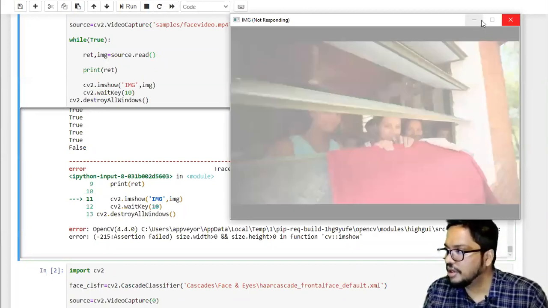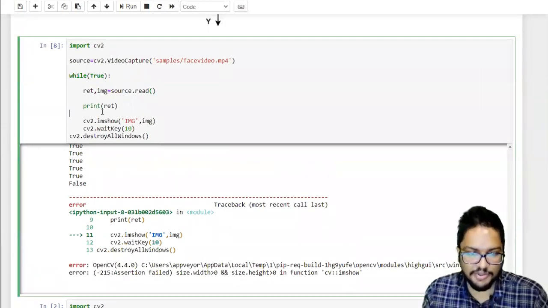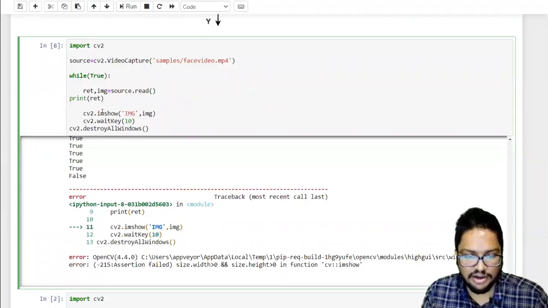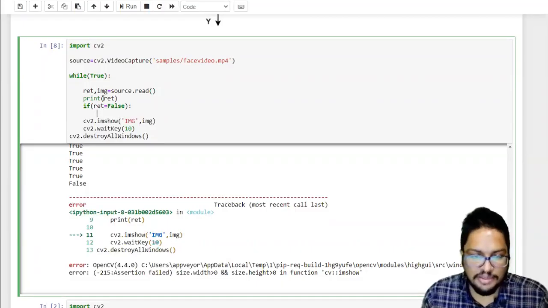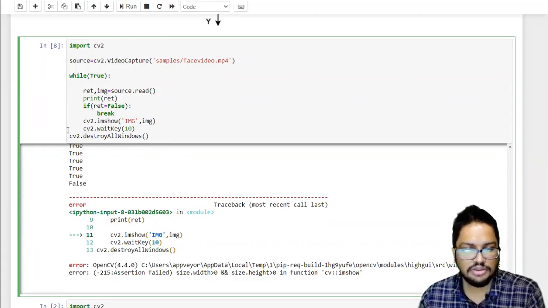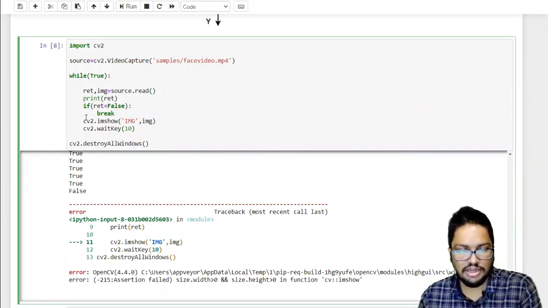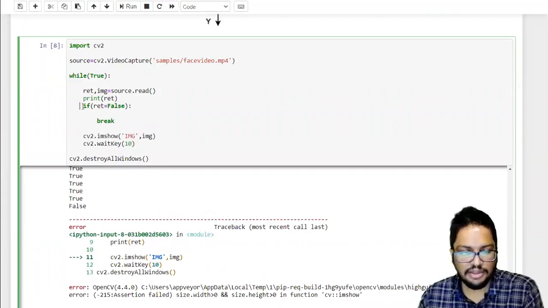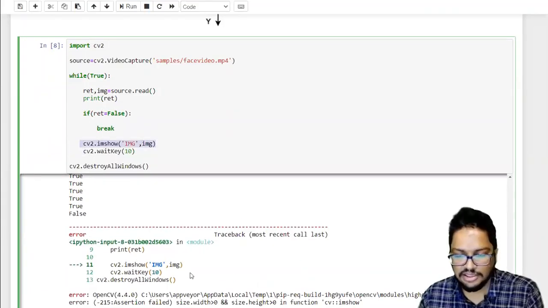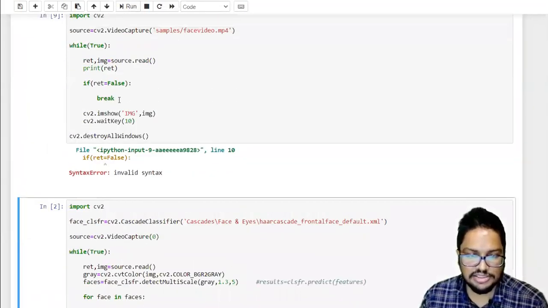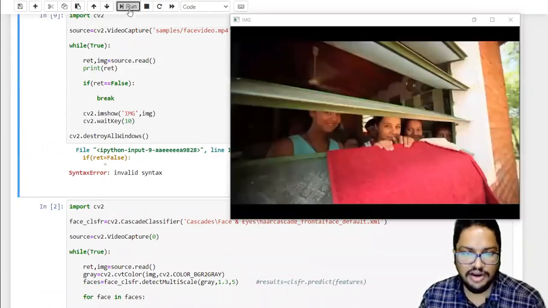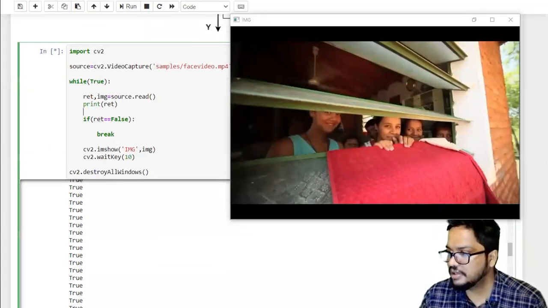So in order to get rid of this error, what we can do is keep track of the ret, and if the ret equals false, without allowing the imshow to give this error, we break the loop. We break the loop once the ret is false. So now no errors are shown, but when the video frames are not available, it simply